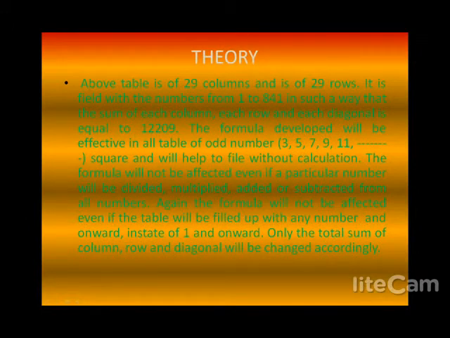Theory. The above table has 29 columns and 29 rows. It is filled with the numbers from 1 to 841 in such a way that the sum of each column, each row and each diagonal is equal to 12,209. The formula developed will be effective in all tables of odd number squares such as 3, 5, 7, 9,